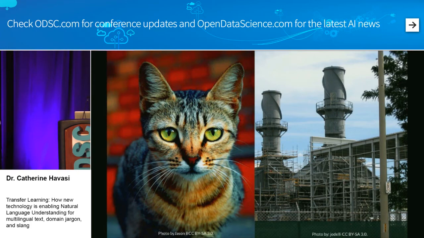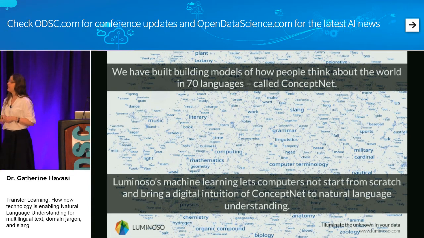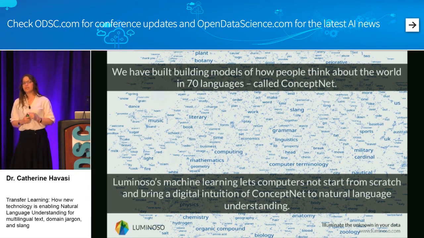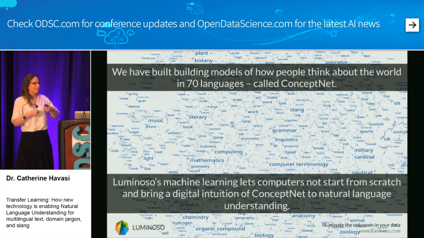Another great example of a domain general model I mentioned is ConceptNet. Like fastText or Word2Vec, we put out something called ConceptNet Numberbatch, which is an interconnected model of about 70 different languages. OpenMind, or ConceptNet, is a big open data project. We love going to ODSC. You can download it at conceptnet.io. It's a great base for this kind of thing because the text we use is not just distributional semantics, but also includes something called common sense. That's information like coffee comes in mugs and people want to be respected, and that knits together the space in a way that's really helpful for transferring into and out of.